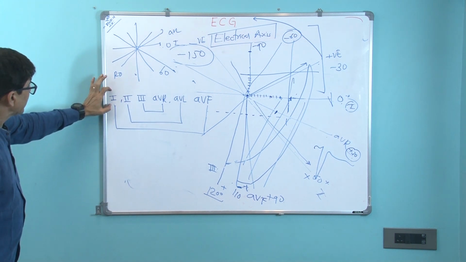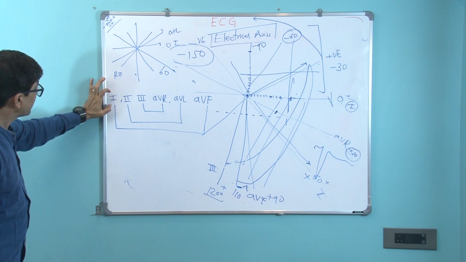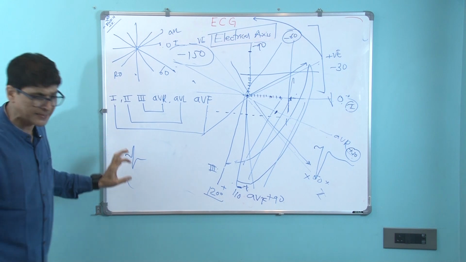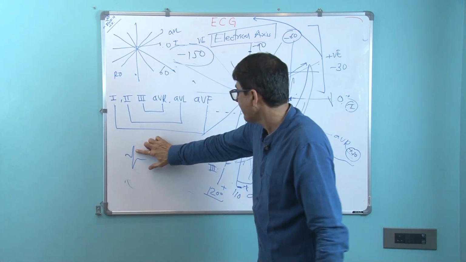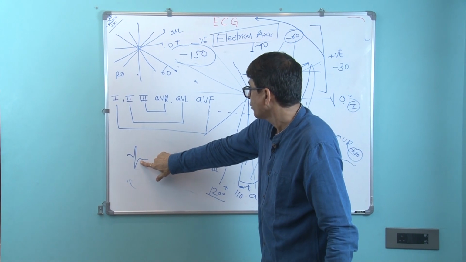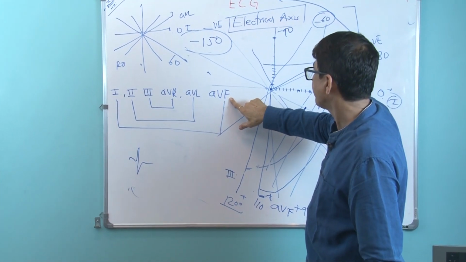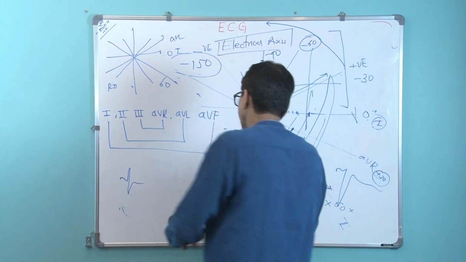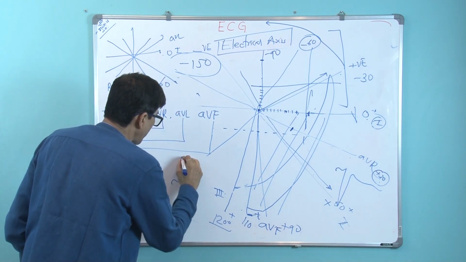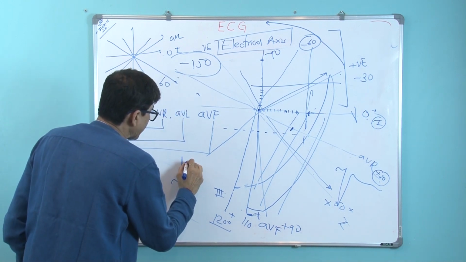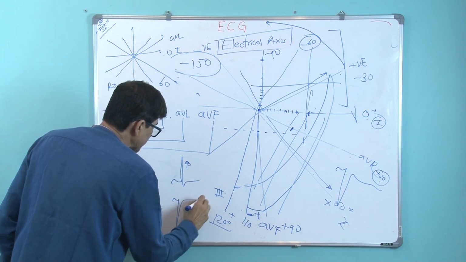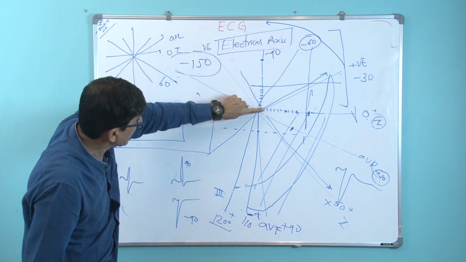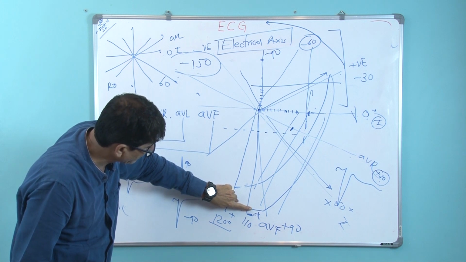So if the first is equidistant, suppose this is lead 1, where the upward deflection and the lower deflection are the same. So now axis is along AVF because this is perpendicular to AVF. Now see AVF, if AVF is positive more, axis will be 90. If AVF is negative, axis is minus 90, because AVF negative will travel upward, AVF positive will travel down.